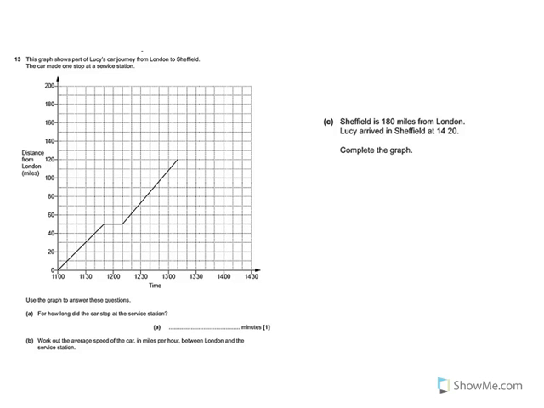Question 13. It's a distance time graph. This graph shows part of Lucy's car journey from London to Sheffield. The car made one stop at a service station. Okay, so you can see on here you've got a distance time graph, and what you need to recognise from